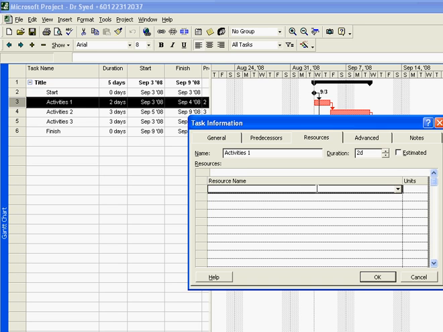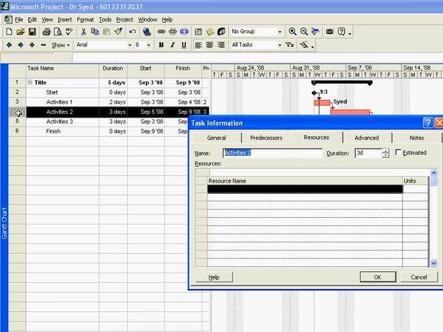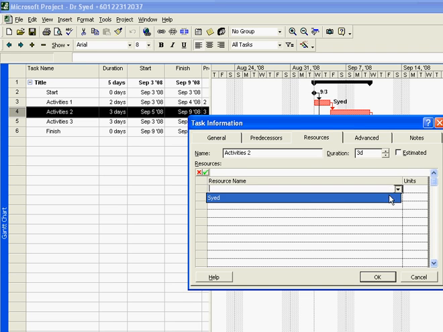Let's say now as Said. And for the units, I'll say 1 of B. I'll click OK, and if you notice, my name has already popped up as a resource. I'll do the same for activity 2, where I will still be doing it, and as such I don't have to retype my name. All I need to do is go to the arrow, click the arrow down, select my name and put in